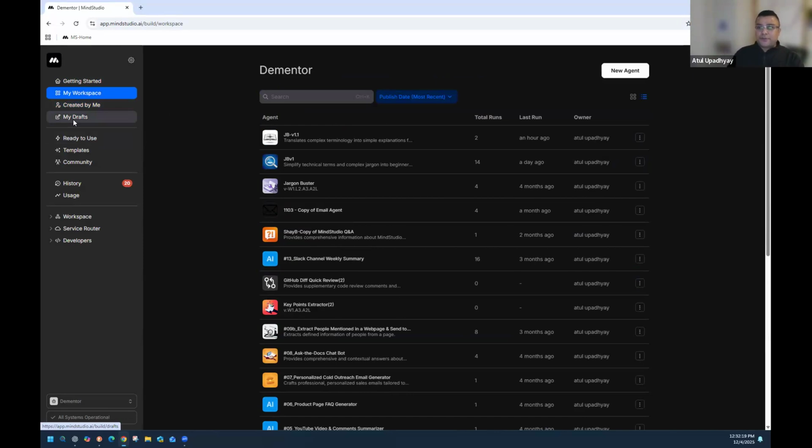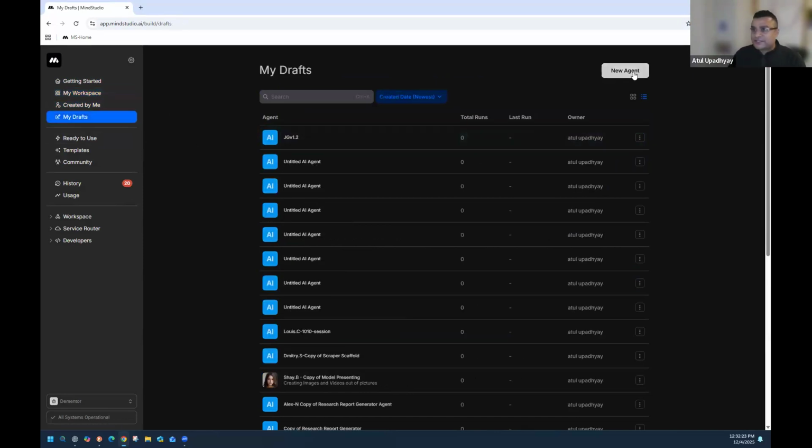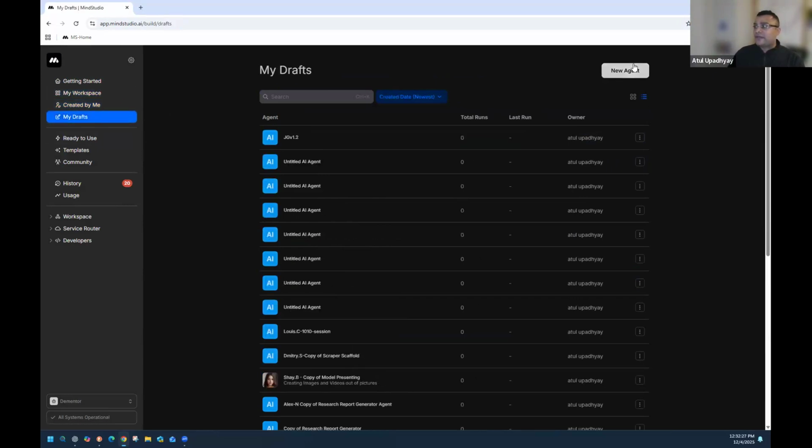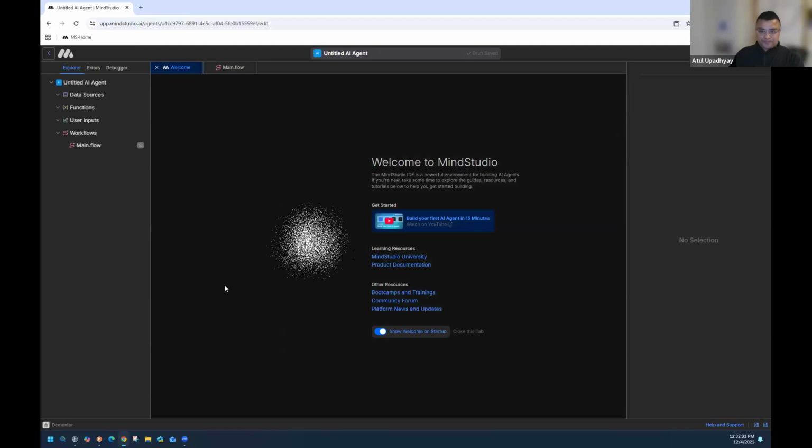I'm going to go into my drafts. I like to start my new agents with a draft, though you can go into any of these tabs and do the same thing. Here's our new agent. The welcome screen is an amazing addition by the MindStudio team. It gives all the different resources depending on what stage you are in your development.